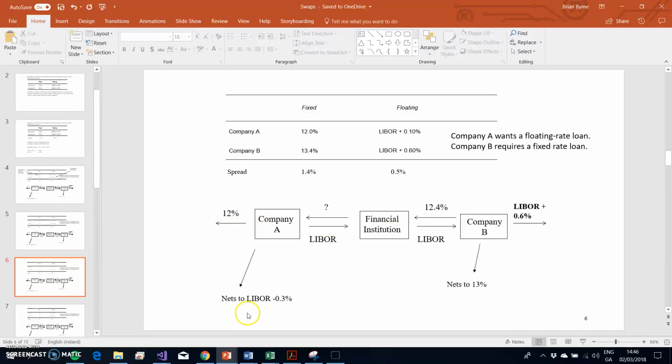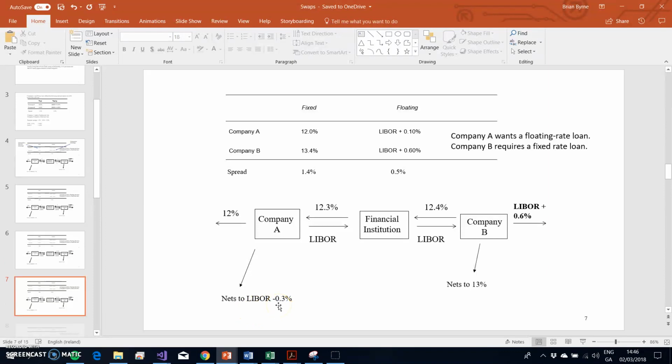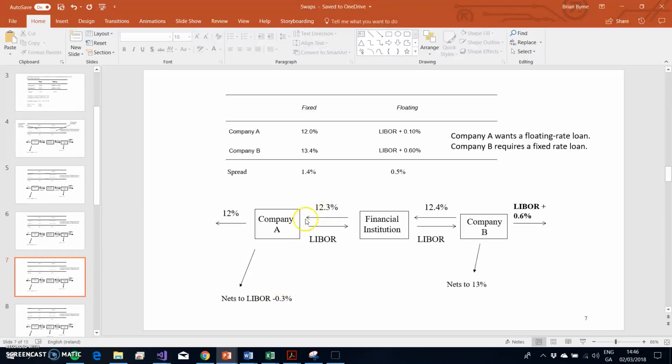So the overall position would be LIBOR minus 0.3, and that rate would be 12.3. So if A receives 12.3, pays out 12, they're up 0.3. And if they are paying LIBOR, so in a sense you're receiving 0.3 over the 12 paid out here. That's a positive. This would be a negative because you're paying out. Combining the two together, overall what A is paying in terms of its rate of interest on borrowings, netting the three amounts, would be LIBOR minus 0.3.